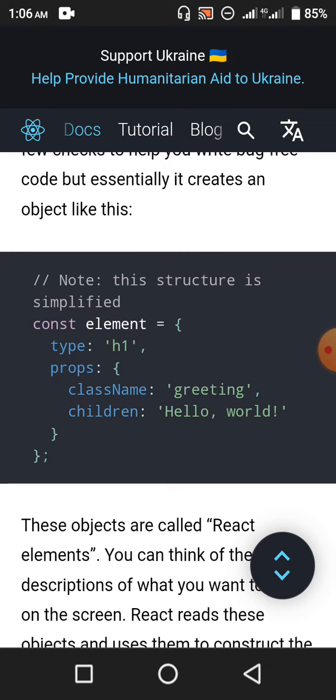So what is this? I guess this is an object inside an object, something like this, because I get to see only key-value pairs. In curly braces we have type: 'h1' in single quotation, comma, another is props, colon, and then another pair of curly brackets. This is another object. Then className: 'greeting', comma, children: 'Hello, world',